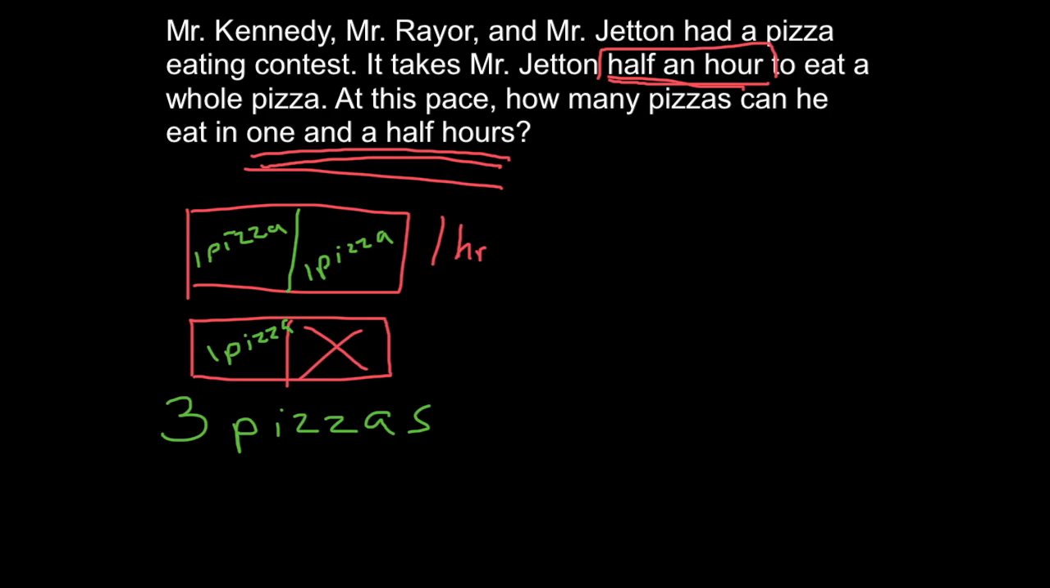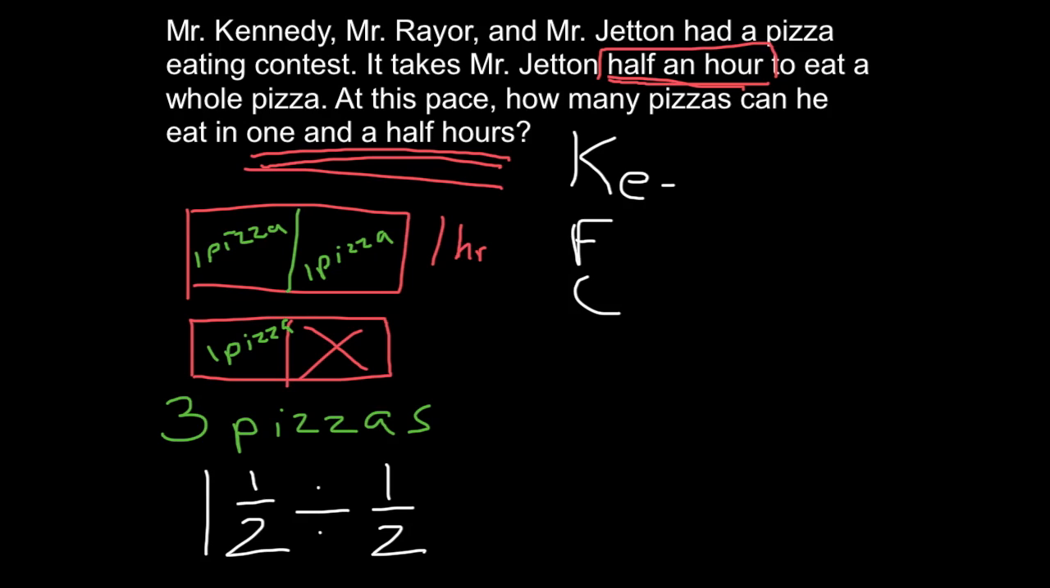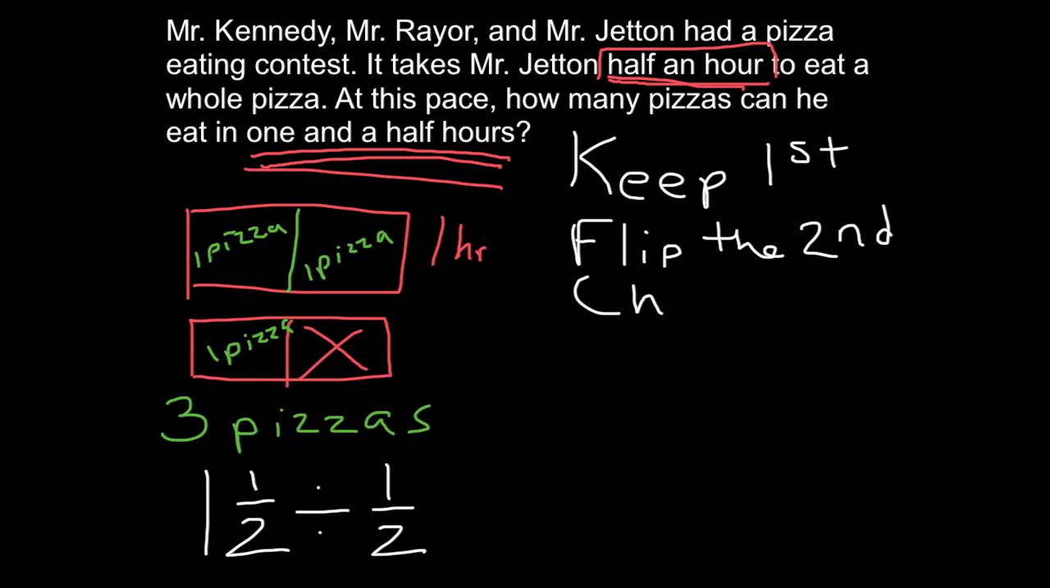What we just did was find out how many half hours go into an hour and a half, or 1.5 hours. That's a division problem. So we had 1.5 hours divided by the half hour. Now, when we divide fractions, there are 3 steps. K, F, C. Keep the first fraction the same. Flip, or do the reciprocal of the second,